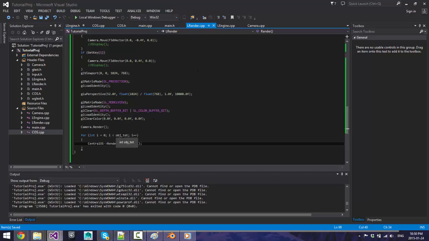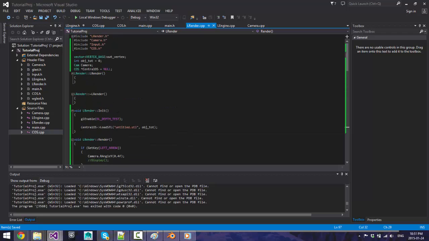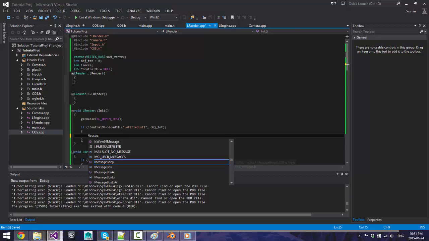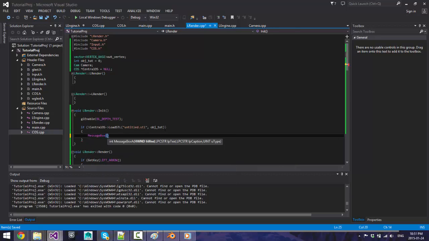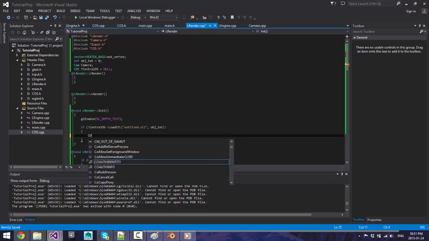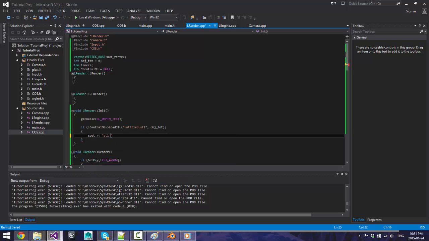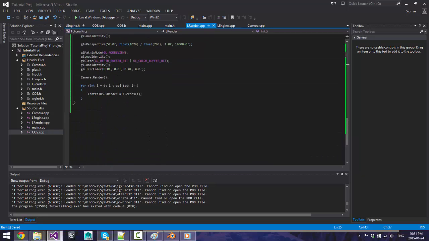So basically why we're doing this is, if you recall, object total is always being incremented by 1 at the end. So in this case, if we loaded one STL, it's also going to change X, but it's a bool. So we want to make sure it's loaded. If it isn't loaded, message box. Or actually, we'll just count it. Count STL load failed. So we load 1, so object total is going to be